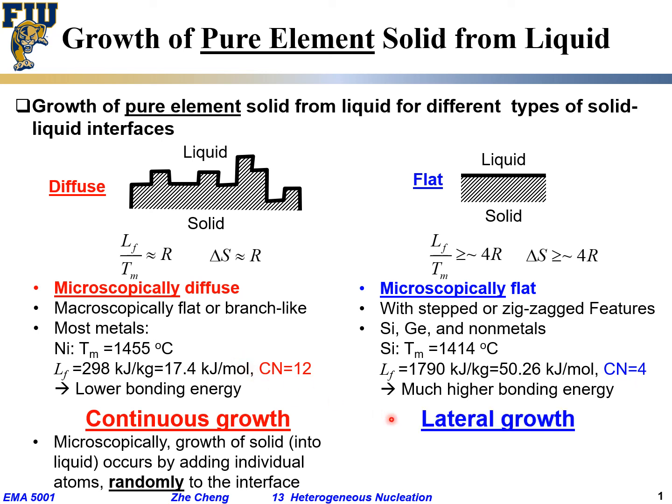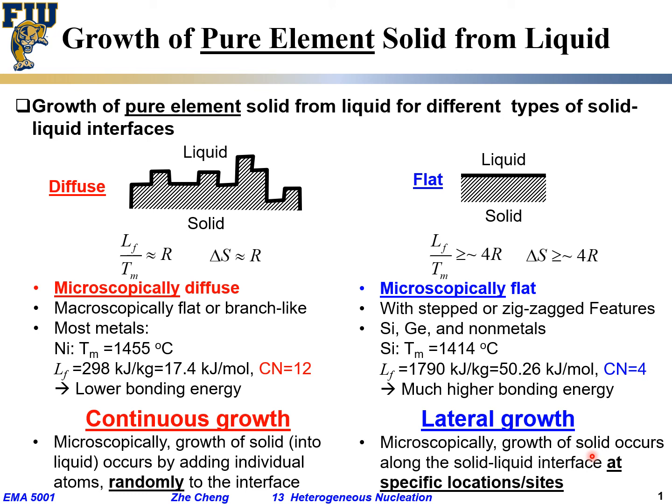Because of this, they would experience so-called lateral growth. Lateral growth. And what do we mean by lateral growth? We mean the growth where you are adding atoms not randomly, uniformly, but only at specific locations. You cannot add atoms randomly as you wish. You can only add atoms at specific locations. Those types of growth of pure element solid into the liquid, people call lateral growth. Okay? And then we give some